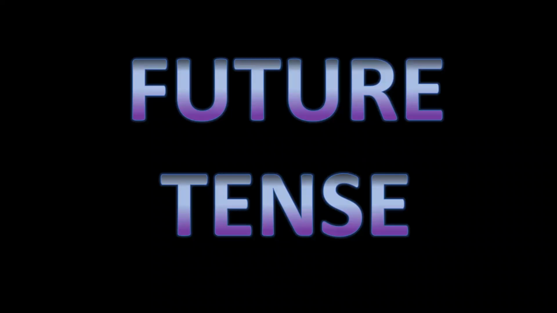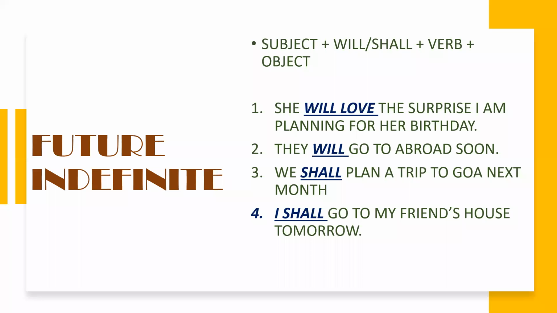Then comes future tense. See, once you understand one type of tense, that means अगर आपको present अच्छे से आ गया तो आगे का past or future will be very easy for you. And you do not have to remember each sentence. Just remember the meaning of the tense, the identity of the tense, or the girlfriends which we have in the story. The tenses will be very easy for you.